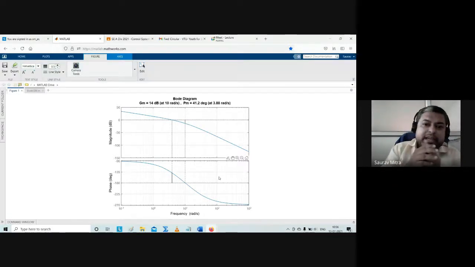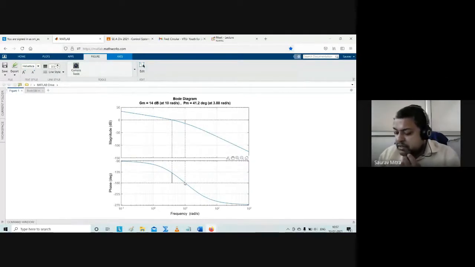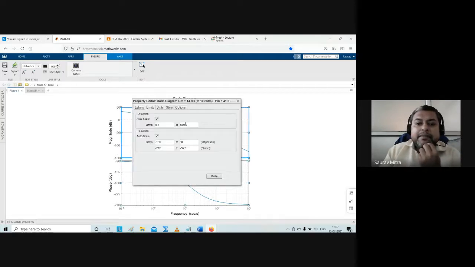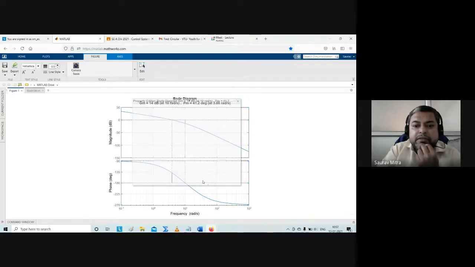In this case the gain margin is plus 14 dB. How do we find that? Just check. Write down point number 5: omega PC is 10 radian per second. You can write gain at omega PC, which is equal to minus 14 dB. You are finding this part is the gain at omega PC, and this part is below the line, and how much below you can find out. This part is below by 14 dB.